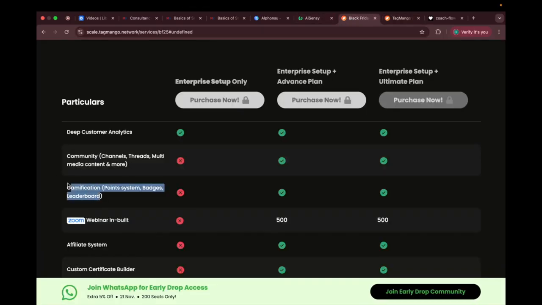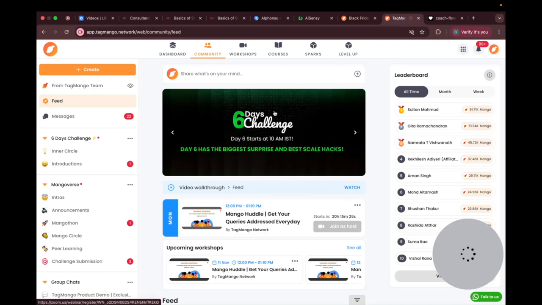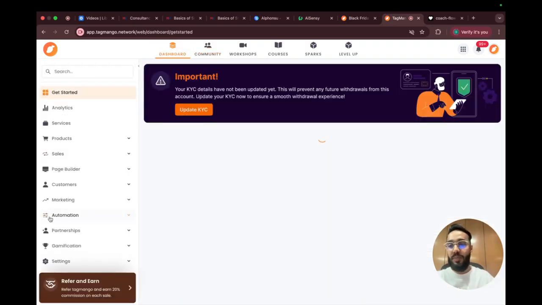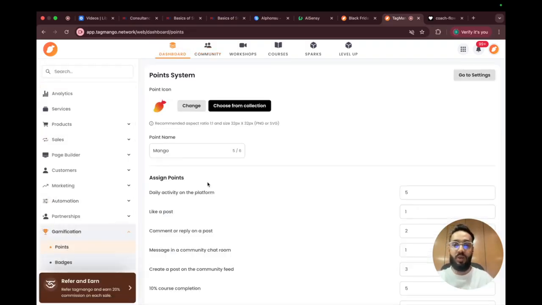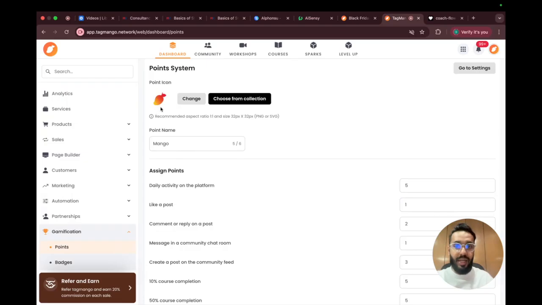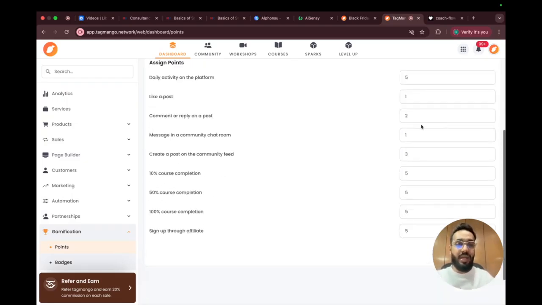So the next exclusive feature that we have is gamification, which is nothing but the point system. So you can actually entice action, you can encourage engagement by incentivizing your customers via points and badges, right? So basically, you could simply go over here to gamification and to points. You could set your own point icon, you could set your own point name, right? That's completely up to you. And then you can